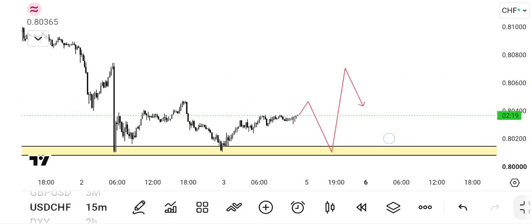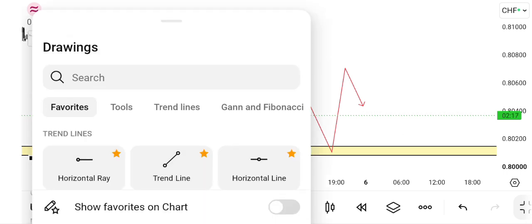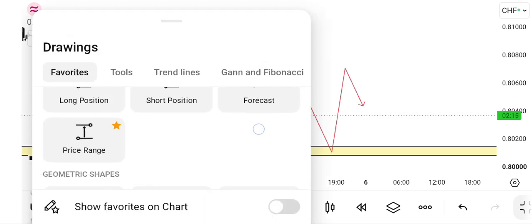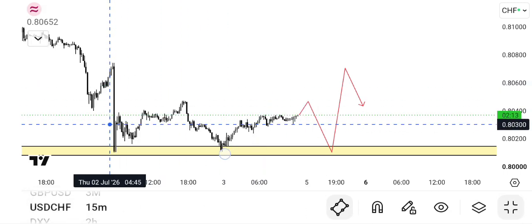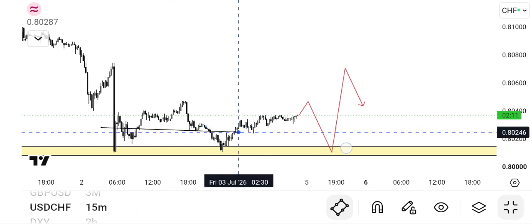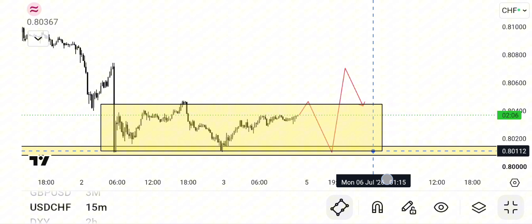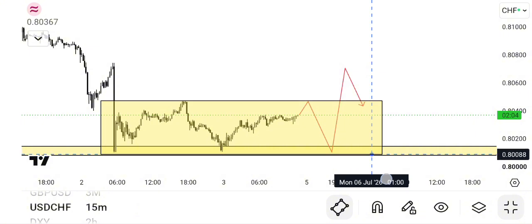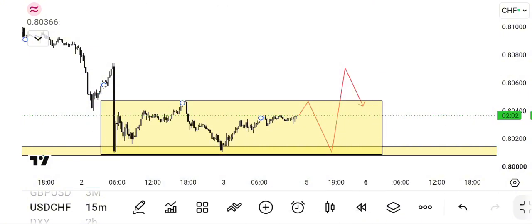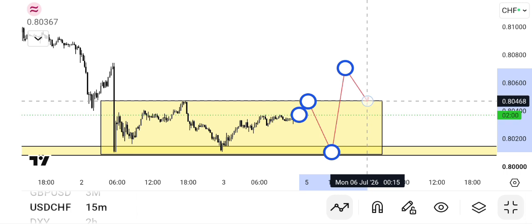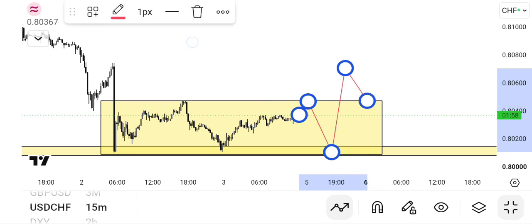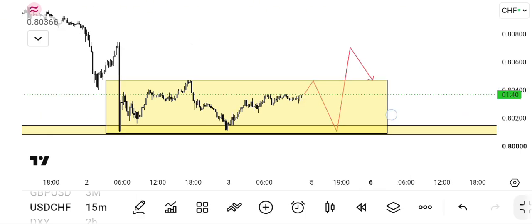Before you execute your trade, make sure you put this into a box. You should box it something like this. Make sure you put it inside a box. All the wicks should be accommodated. So after the wicks have been accommodated like this, and everything is inside this box,